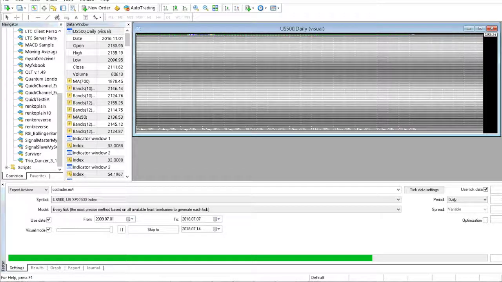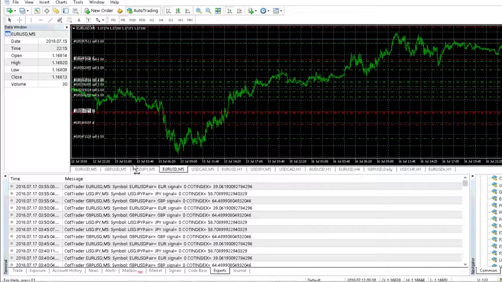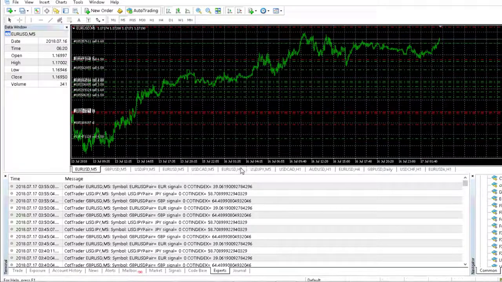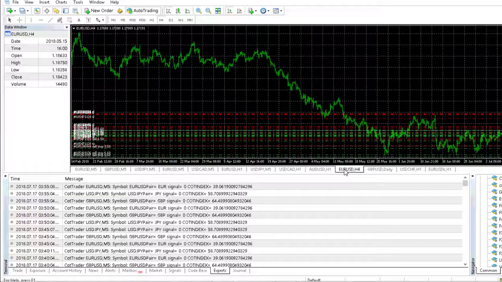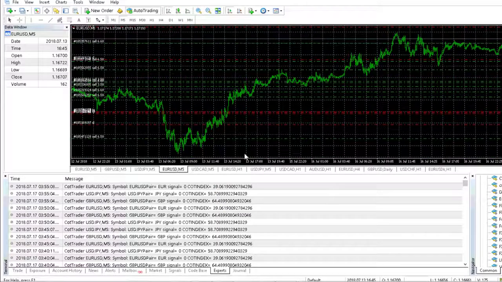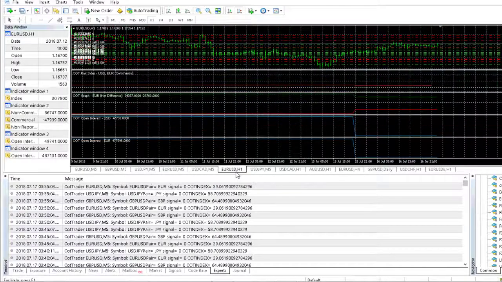Now just looking at the COT charts as well, this is the commitment of traders, which got updated last week on Friday, so it's just good to take a look at it. First of all, we look at the euro dollar, which is the one that interests us. This is the hourly chart, and you can see this is the green line. It may not be that visible, but what's important here is this line, the COT pair index, and it is at 29.60. As you know, as this keeps falling,